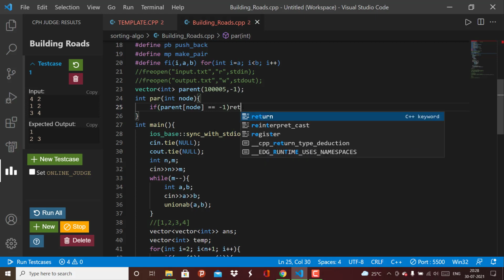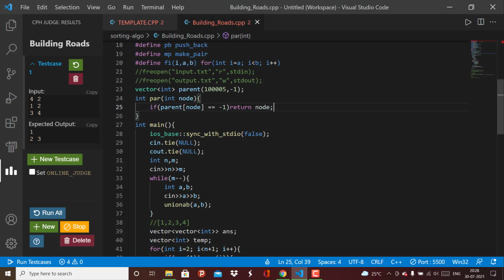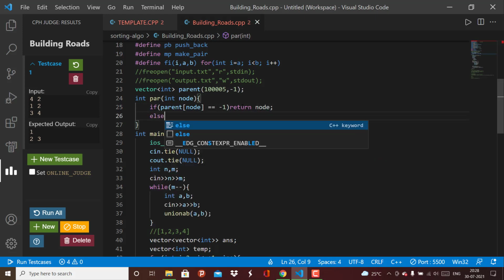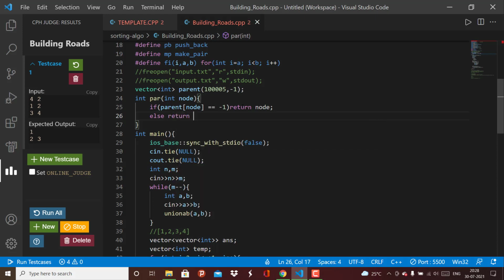In that case, we just return node because it is the parent of itself. Else we return parent of, we need to pass in the value of its parent, so parent of node. So that is what will return back, and thus our parent function is completed.